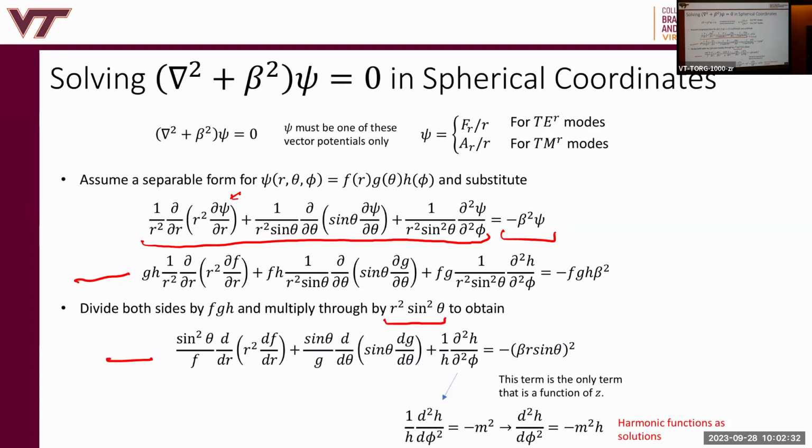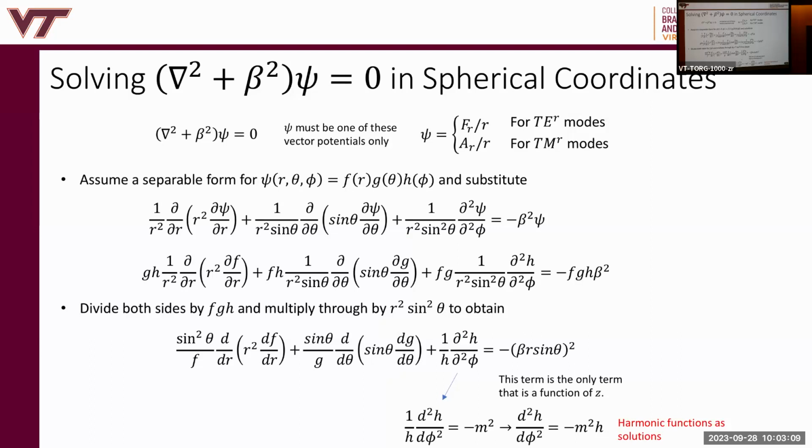So what do we notice? The first term here has theta and R, so we can't set it equal to a separation constant yet. This one has theta. We could do it here, but we're going to start here, right? Here we have 1 over h, partial squared h. Okay, so these should be ordinary derivatives. I made a mistake here. The other ones are all ordinary derivatives, so this should also be an ordinary derivative. All right, make that change.